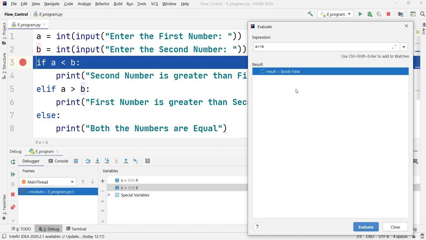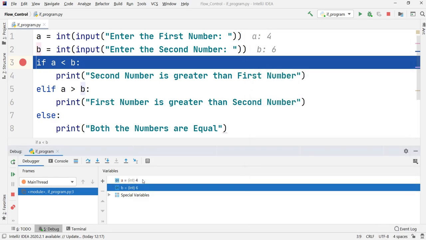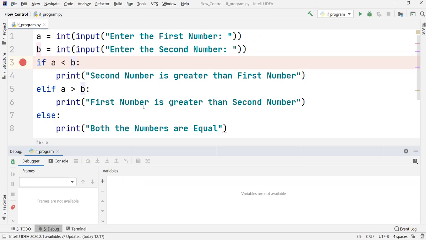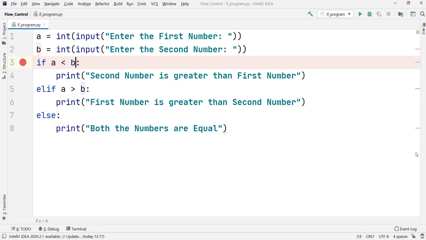Okay, so let us just close this down. And one more option here is that if you want to terminate your program, I don't want to go ahead with the program, I'm done with checking my output, there is this red square option, which is called stop the program. If I click over that, it will stop the execution at that point. Okay, so I can delete that, and the execution will stop.